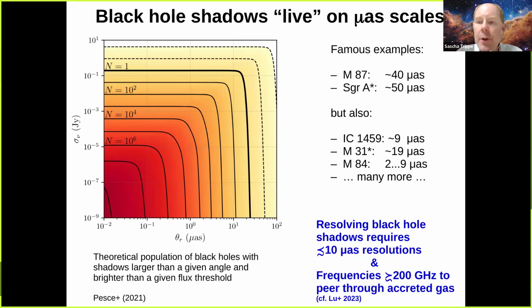Well, one thing, as it turns out, this can only be done with radio observatories, as we know. And if you do it at radio frequencies, you have to go to the high radio frequencies, higher than 200, at least 200 gigahertz. Otherwise, for the lower radio frequencies, the interstellar gas around the black hole might be optically thick, so you might actually never be able to look all the way down into the immediate environment of the central